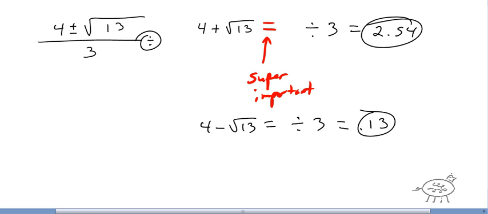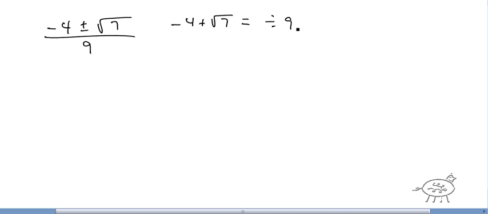So let's try a couple more here just so you guys can practice too. -4 plus or minus the square root of 7 over 9. So I'm going to type in -4 plus the square root of 7, hit equals, and then divide that by 9. So -4 plus the square root of 7 equals, divided by 9 is -0.15,